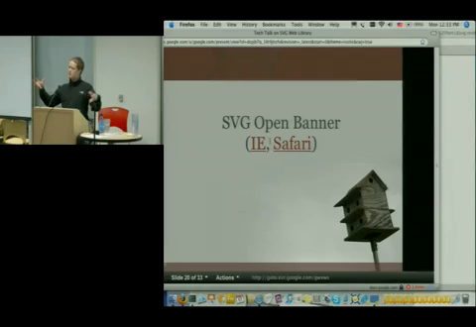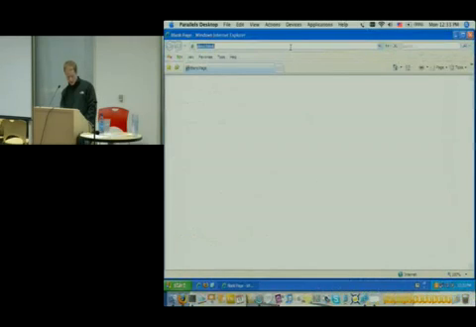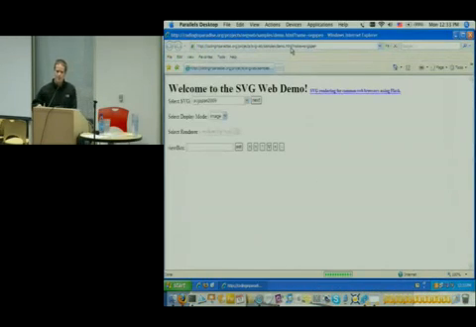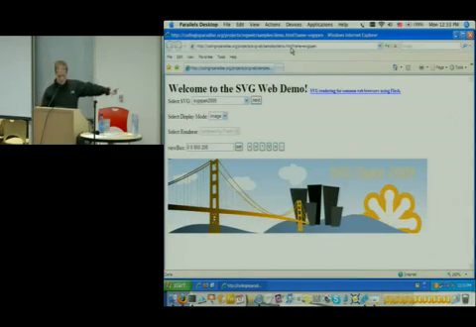Now, remember I mentioned how some of the stuff comes together when you combine them together? We're hosting in the fall the SVG Open Conference here at Google, and here's the banner that they've made. This is a really nice showing of everything coming together. This is IE7 again. You'll see things fly in. The screen's a little dark, so the contrast isn't correct. But over in the upper right, you see SVG Open. That's more yellow on my screen. That's a font with a blur filter on it. You see gradients. Everything that flew in is just these simple animate tags.